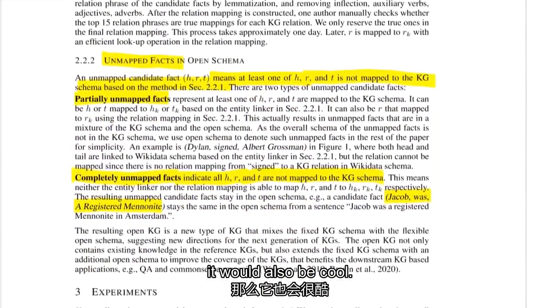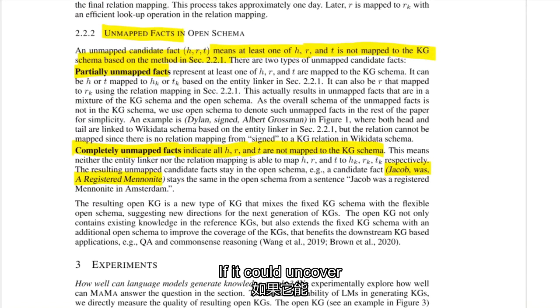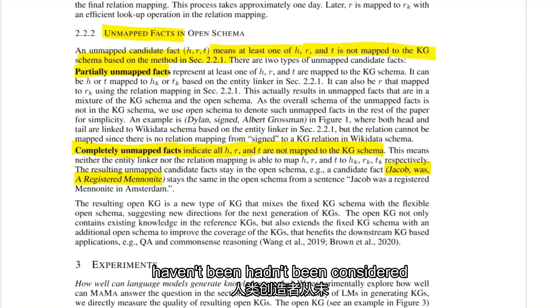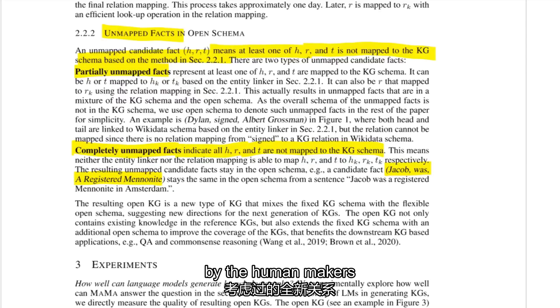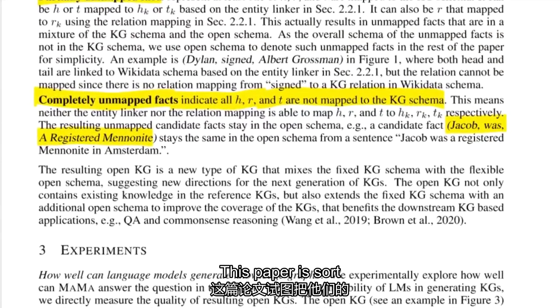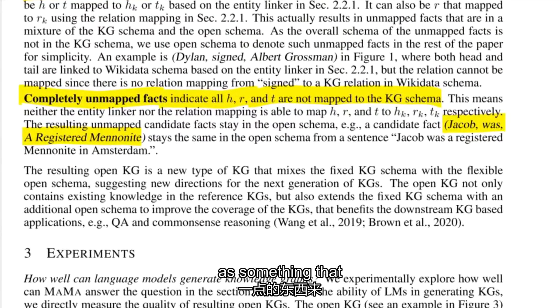It would also be cool if it could uncover completely new relations that hadn't been considered by the human makers of the knowledge graph. Like, if the knowledge graph itself is incomplete, the schema is, same argument, probably also incomplete. This paper is trying to sell their system as something that can do that, and I believe that to a degree, but also,